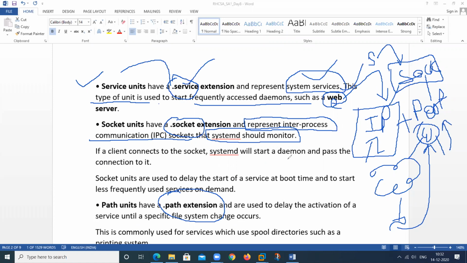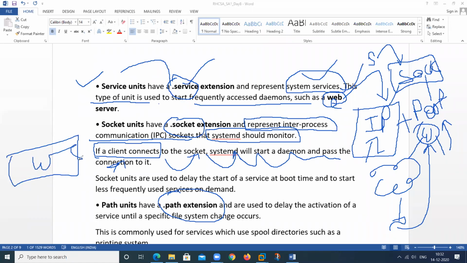So we should also have the knowledge about the socket. So what is a socket? See here, if a client connects to the socket, then systemd will start the daemon and pass the connection. Suppose anyone wants to access this particular web server, then this request goes to the systemd process, then it will send it to the socket.